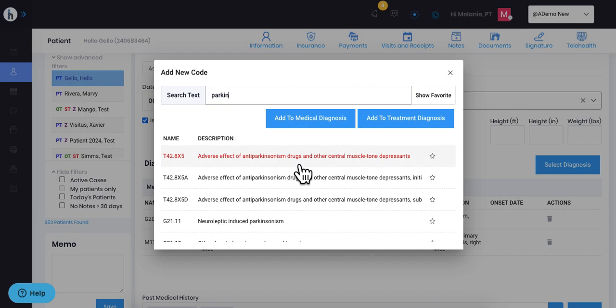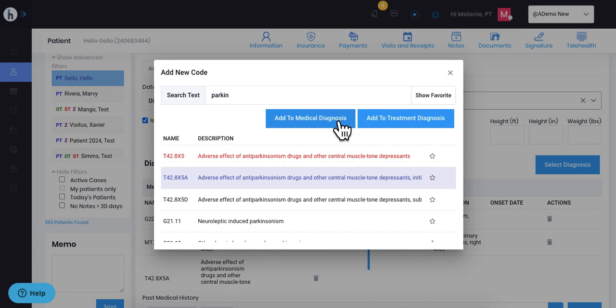in it. Do not use the codes that are in red. Those are no longer eligible diagnosis codes, so do not use those. Only use the codes that are in black. Click on the code and then add that to your medical or treatment diagnosis list, and it will be on